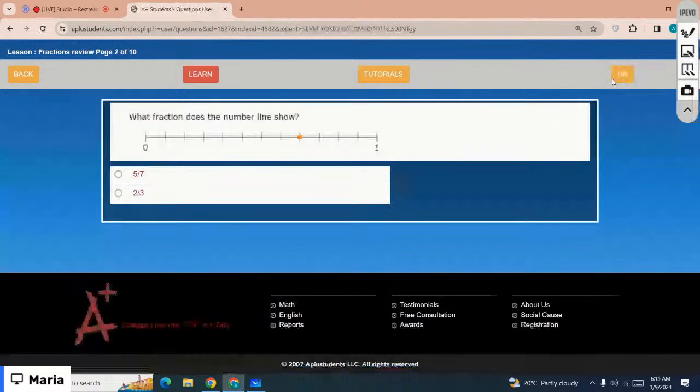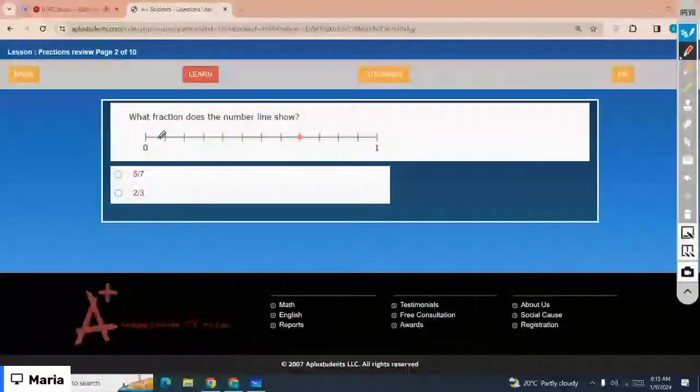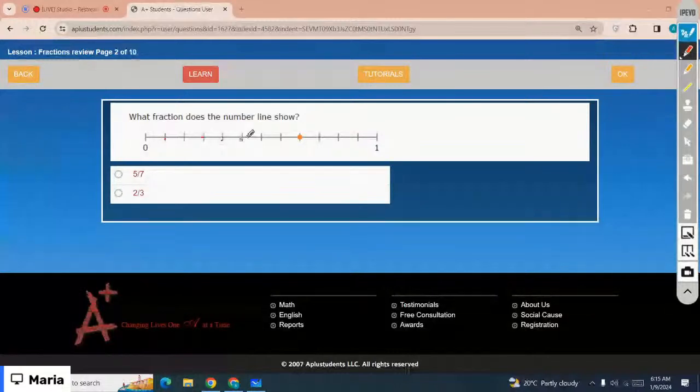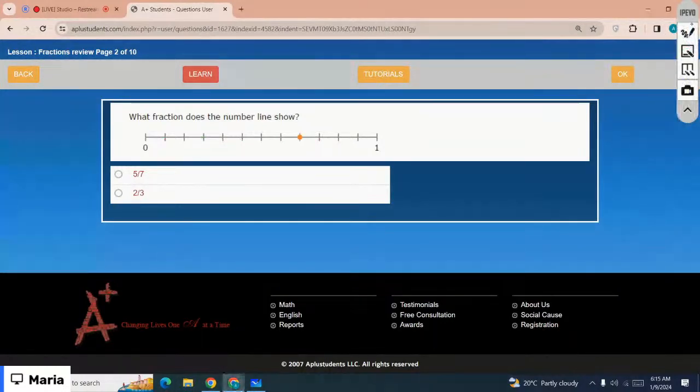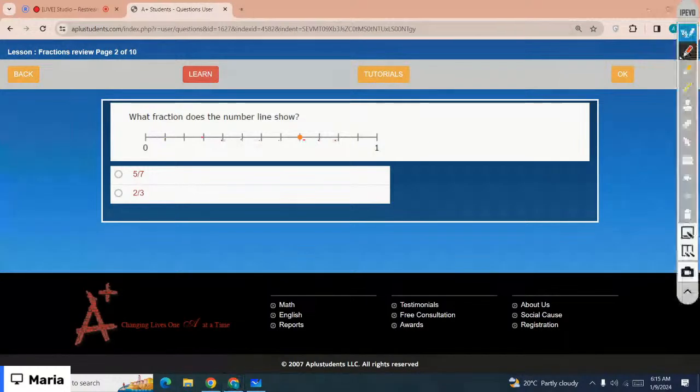What fractions does the number line show? Which is the correct option? Just count the line segments between 0 and 1. 1, 2, 3, 4, 5, 6, 7, 8, 9, 10, 11, 12. The eighth one has a dot. That is 8 out of 12. So the correct option is